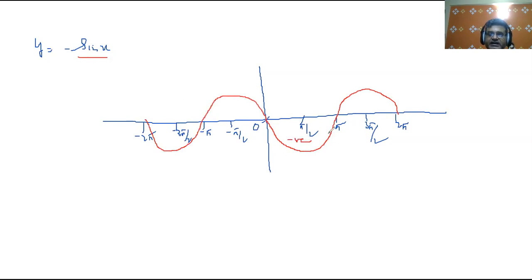Now it will become negative and it is positive. Here it is positive, and here it is negative. So initially the sin x graph was in this section, but now it is in this section. So the graph has become negative. It is just reverse. Where it was positive, it will be negative. Where it was negative, it will be positive. That we have to understand. Right?